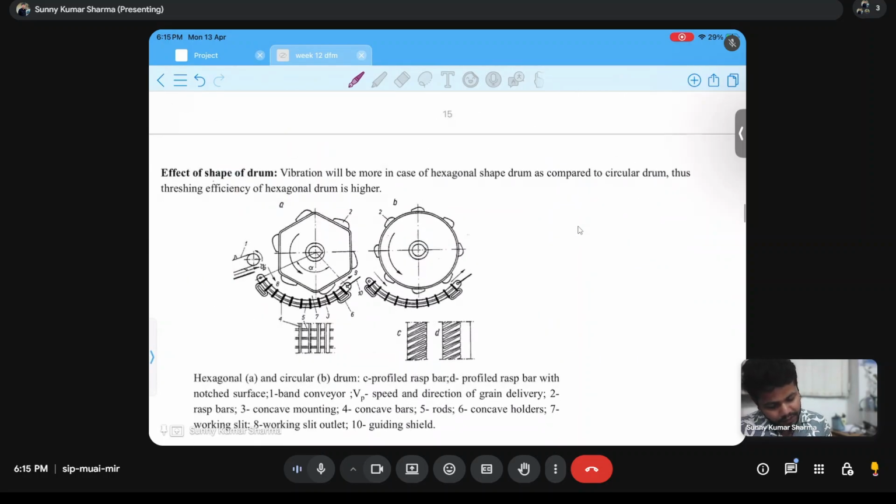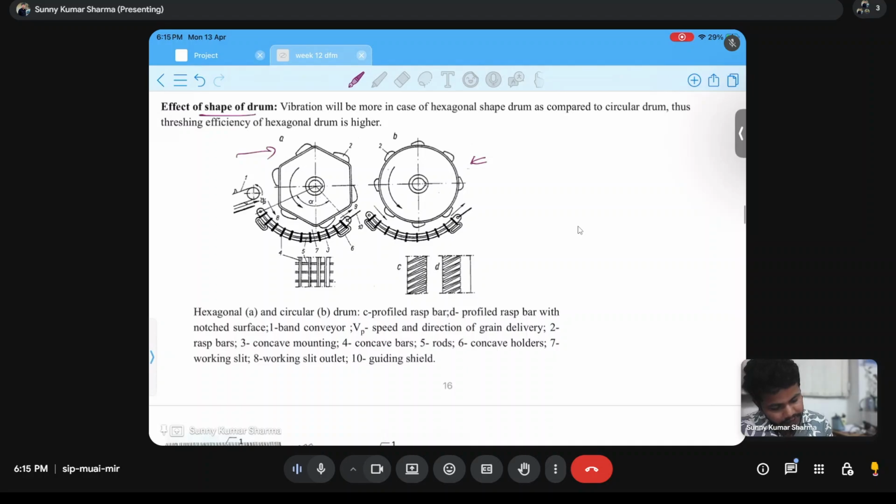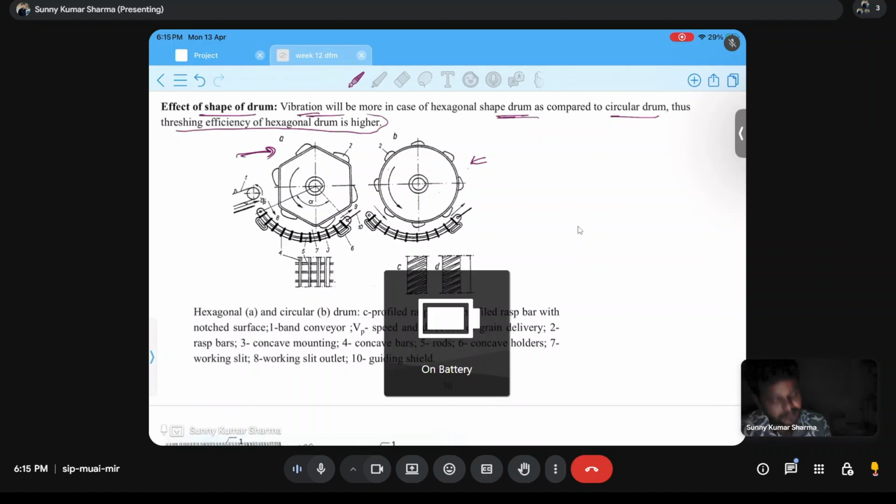Next thing is effect of shape of drum. So this is a hexagonal and this is a spherical type drum. In hexagonal, vibration will be more as compared to circular drum. Thus threshing efficiency of hexagonal drum is higher because